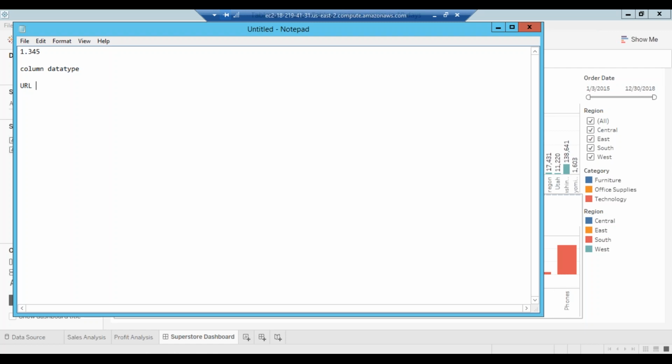Here, whenever we save any report, dashboard or story on the server, a unique URL is generated for every report. It will start with HTTPS, then the server name, then your report name, XYZ and all that. You have to share this URL with your end users. You will send it through email or other communication, saying, hey Mike, I have created this report and dashboard on store analysis, please have a look at that.